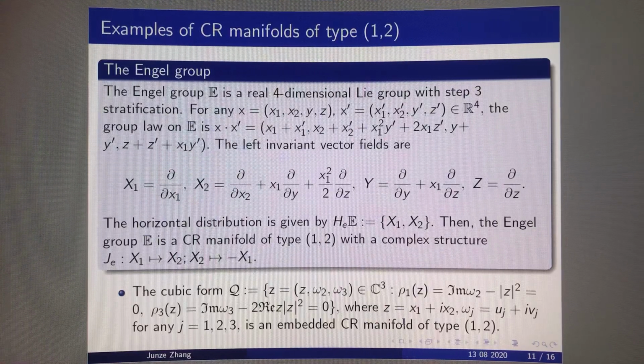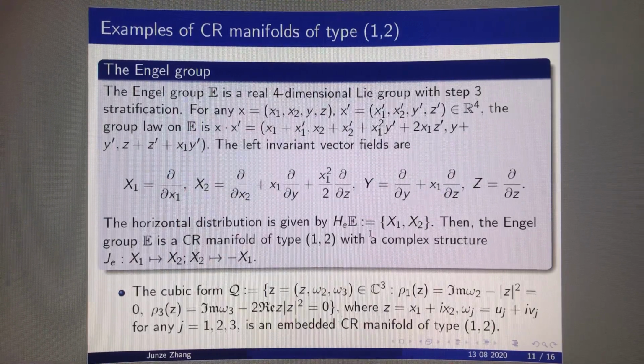Let's move on to the next example, which is the Engel group. This is a real four-dimensional Lie group with step 3 stratification, which means its Lie algebra equals n1, n2, n3. The left invariant vector fields are given by x1, x2, y, and z, and the horizontal distribution is given by x1, x2. The Lie bracket relation for those four vectors is that the Lie bracket of x1, x2 equals y. So the second layer n2 has only one dimension,